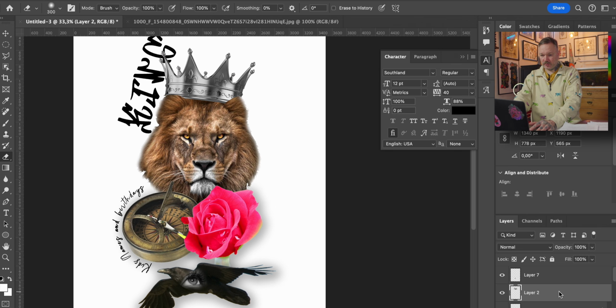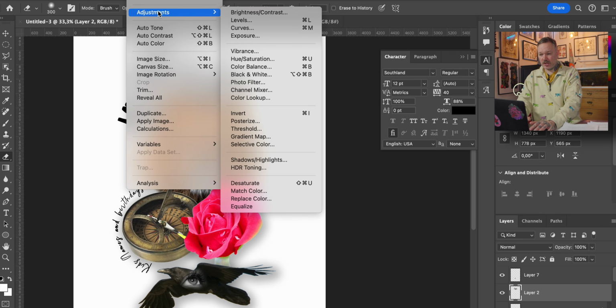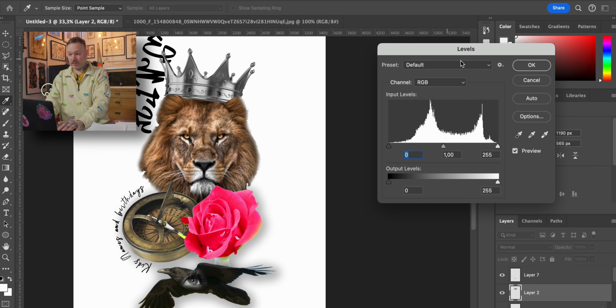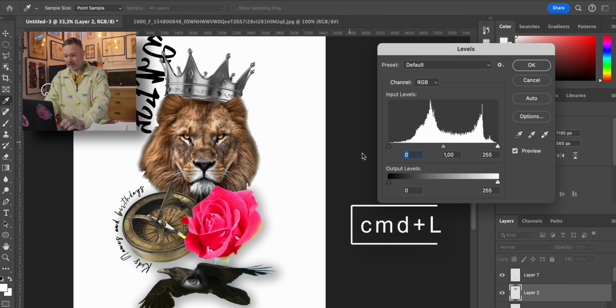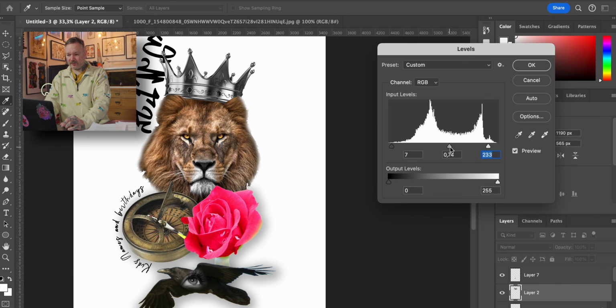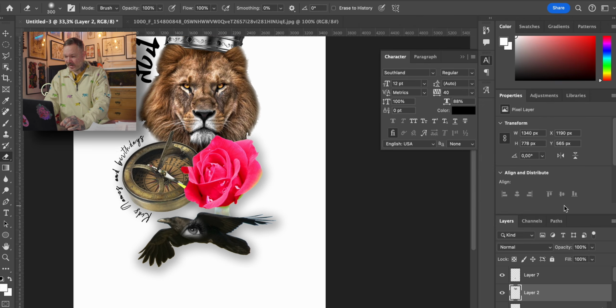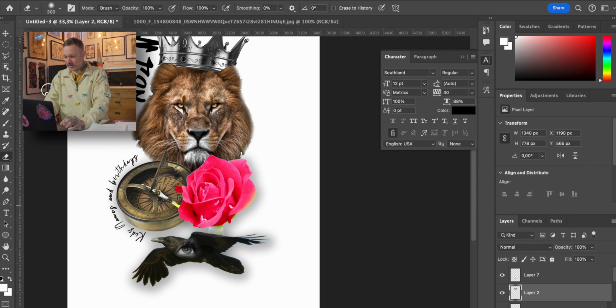Command Shift U, desaturated. If we want to change some values of it, we can go Image, Adjustments, Levels, boom. Or we can do Command L and it brings up this stuff. In Procreate, this would be curves kind of a thing, so you can change some values around here. So there's our raven, and I think we will need to brighten it up once it gets black and gray